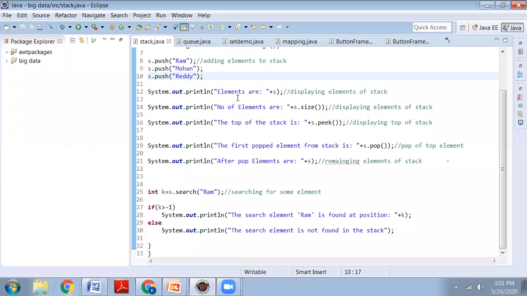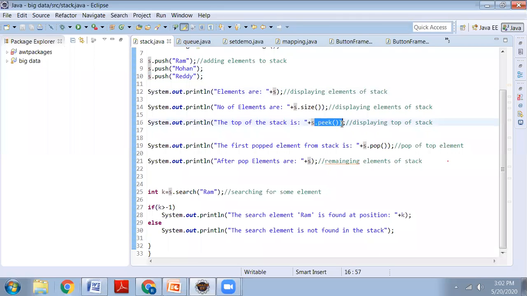If we create the same stack using the Stack class, the advantage is that we are using the methods of the Stack class. Every work is the same. When we want to add elements to the stack, we have no need to write code for the push operation. When we want to know the size of the stack, we have no need to write code for size. When we want to display the elements, we have no need to write a separate method. Simply we use the existing one.